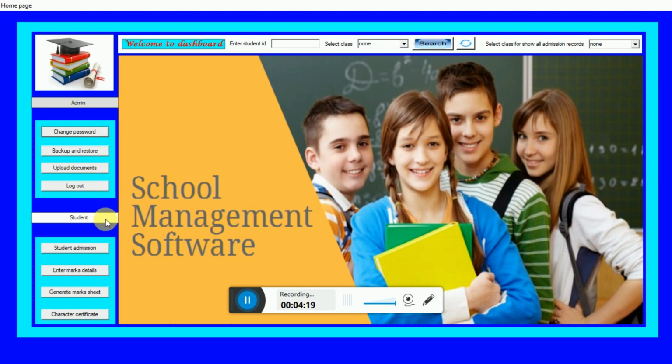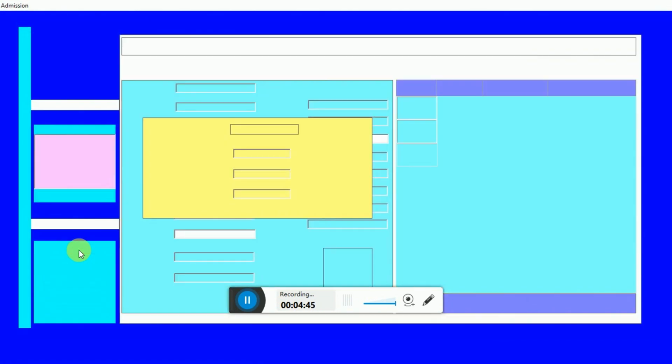And on the other hand, I want to discuss the student panel. So here you can click this button for student admission, enter student marks details, click this button to generate a mark sheet, and you can generate a character certificate by clicking this button. So now you want to make an admission for a student, so click on this button and